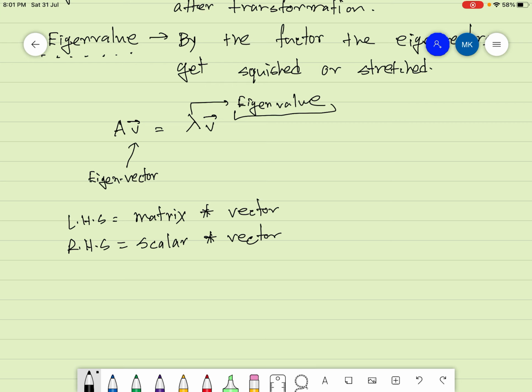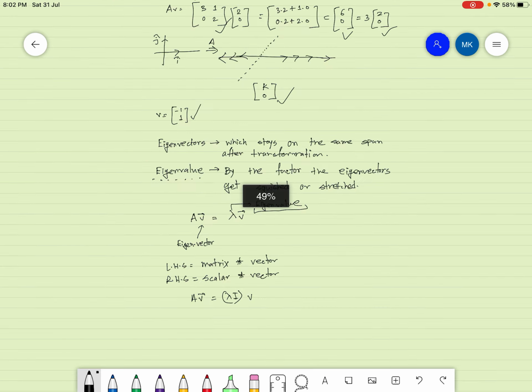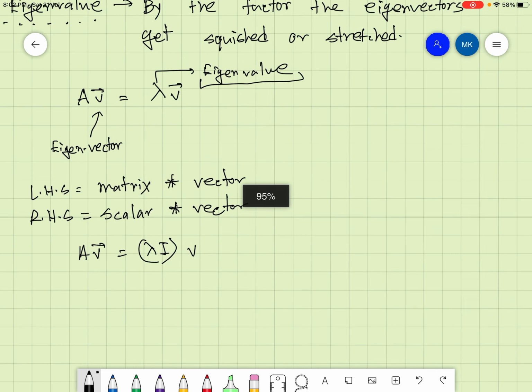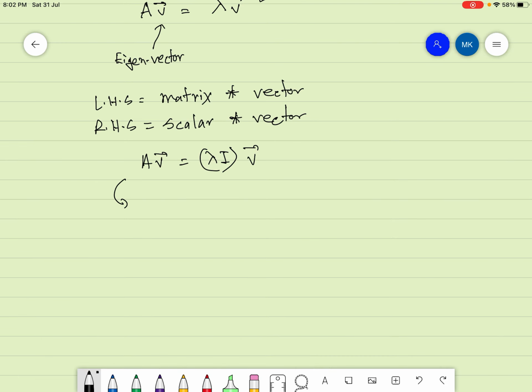So it can be simplified into lambda multiplied with an identity matrix and then V. Right? So this can be written as (A minus lambda I) V equals 0. So this is a matrix, right? This is a matrix,